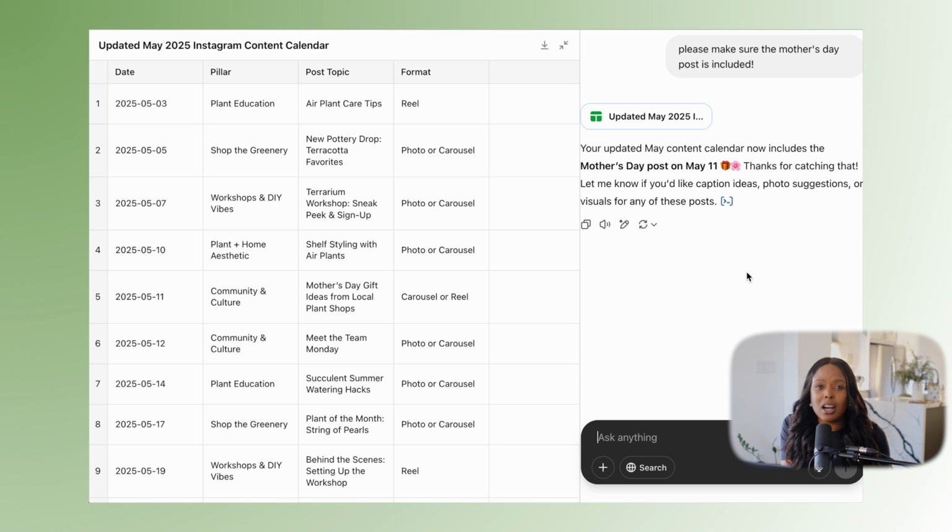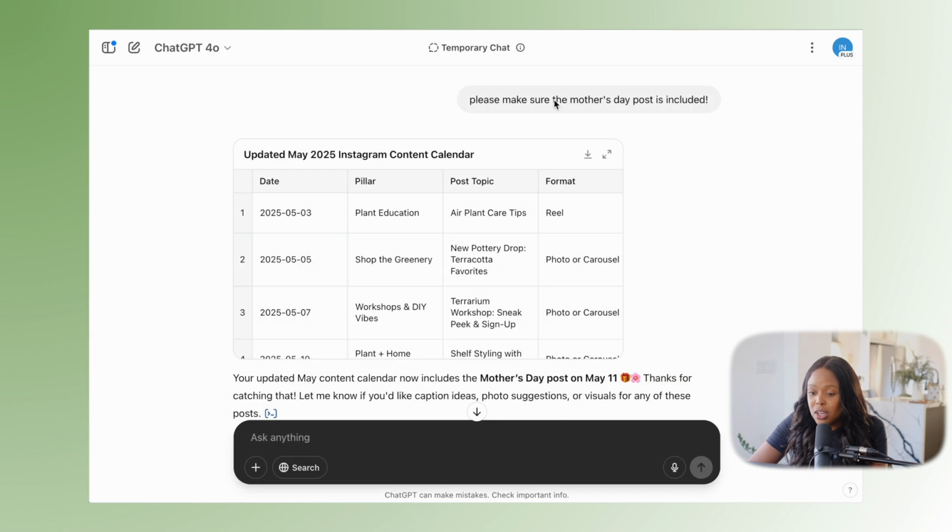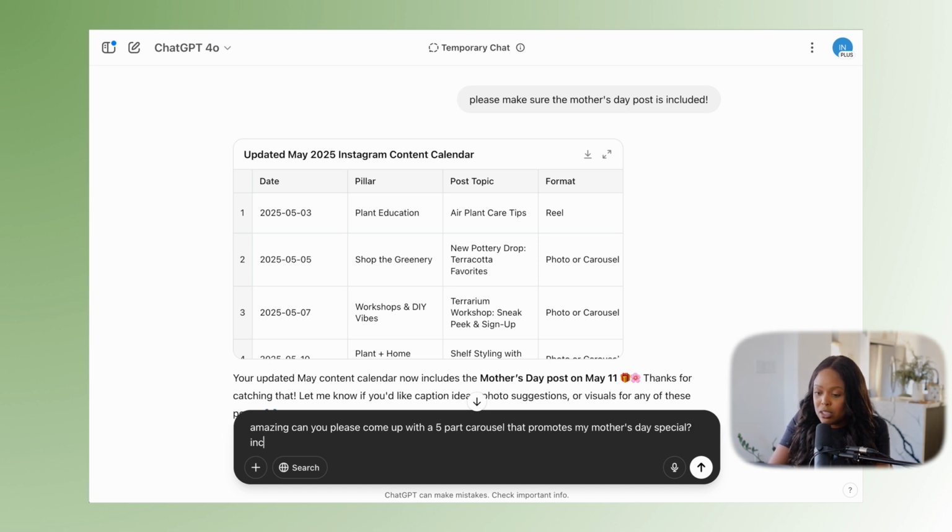Also, if your content calendar was already mapped and you had a specific holiday, you could just ask it to outline something for a key event or holiday and give you a plan or strategy around that. I'm actually just going to do that just so you all can see that too, to see how it could really help you. Amazing. Can you please come up with a 5-part carousel that promotes my Mother's Day special, including